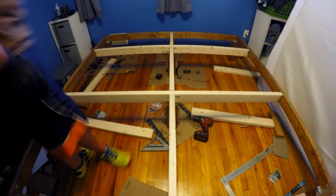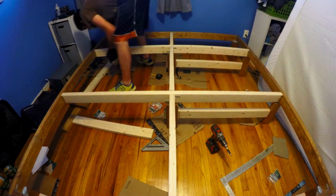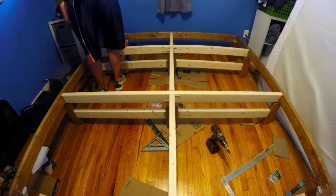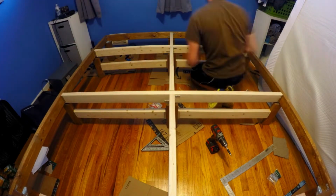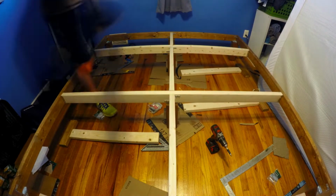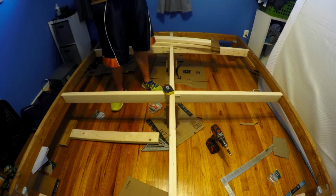In the last episode, we left off with a functioning bed frame, and today's goal is to take it to the next level and basically make it functioning bed frame version 2.0. To begin, those center 4x4 legs are now fastened in place. We are confident that they are no longer going to move, and because we know they're no longer going to